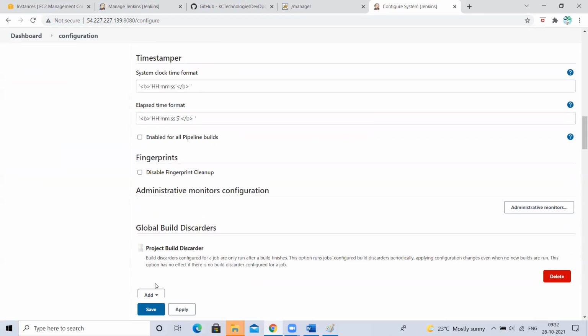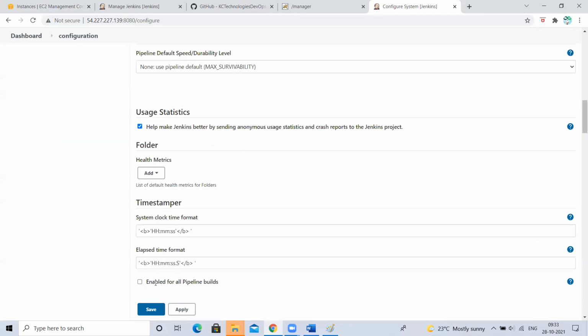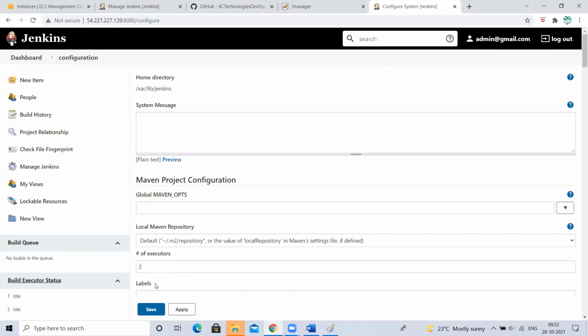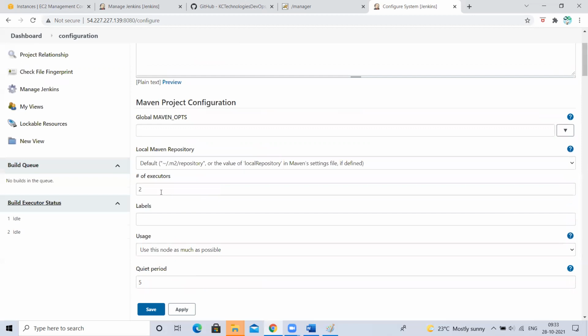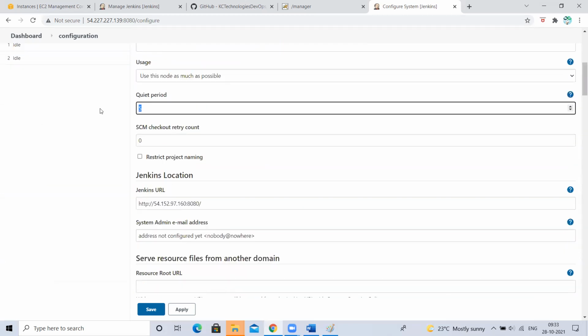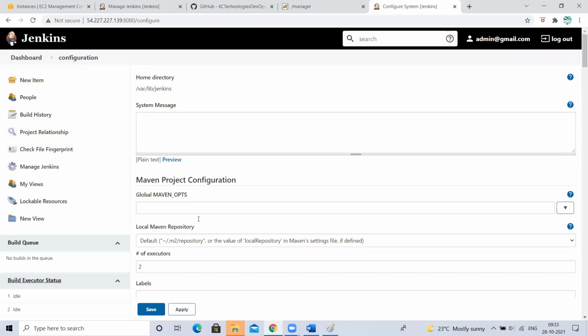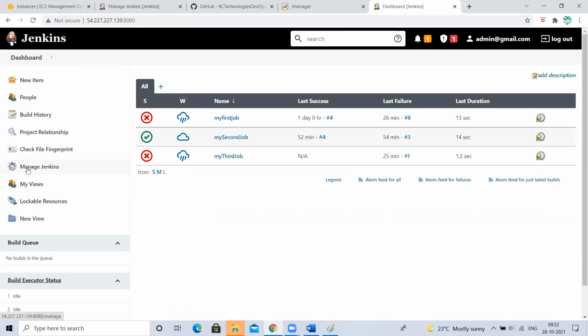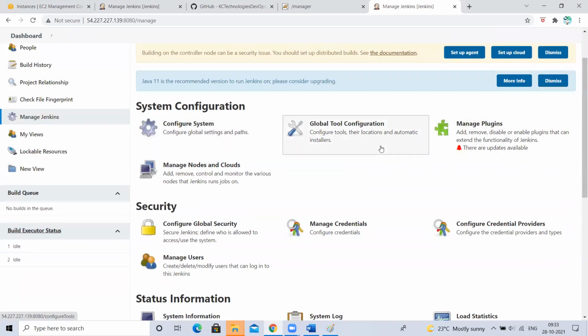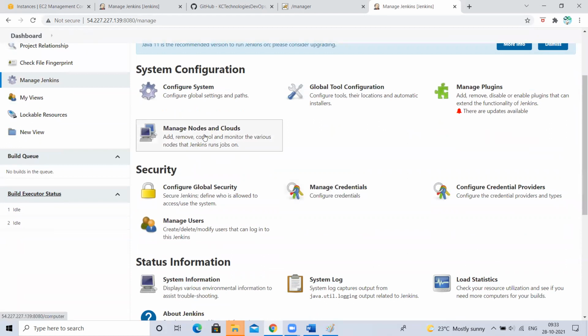There are a lot of things we have to learn here. I'll discuss them sometime, because this is not the right time to discuss these settings. There is something called executors, quiet period. There are some basics you need to learn about Jenkins. I can discuss a few now, but not all. If I discuss a few more options and then come back to this, that will make sense. So let me explain those and then come back here. These two I explained. Next, this also you can't understand now.